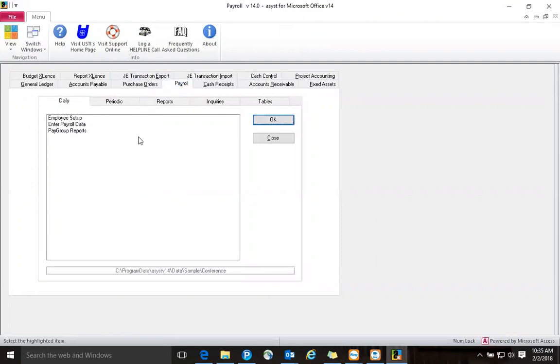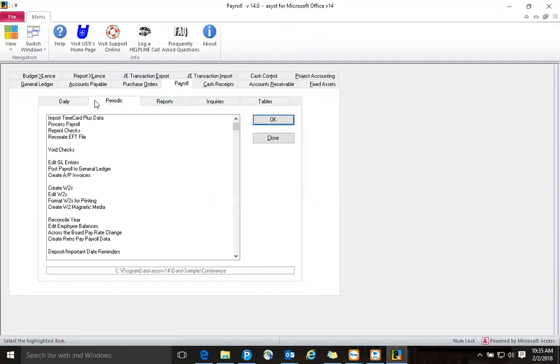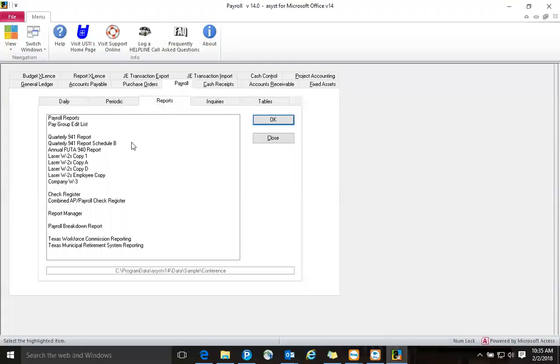Now, the same look and feel, the way our tabs are set up: things you do daily are under the daily tab. Things you do more of a once a month, once a year, you're going to find those activities under the periodic tab. You're going to see reports. We do keep unlimited history. All of our reports you can email, you can put in Word, put in Excel, create a PDF, just like